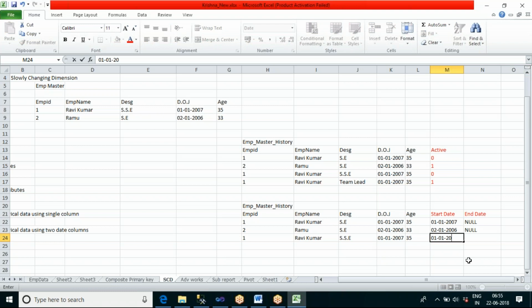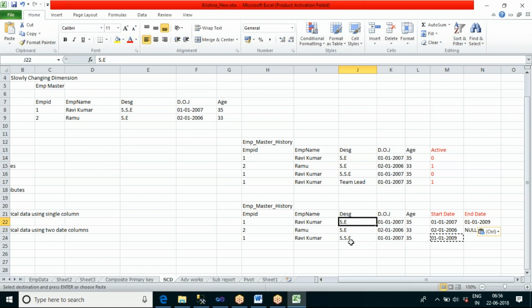So from SC to SSC he got promoted in 2009. Now this date will be the last date for the previous software engineer role.